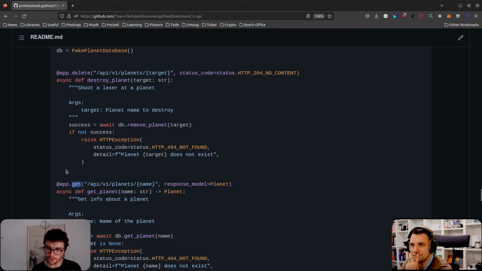You have a resource, you can get it, you can delete it, you can post something, maybe to upload it, or do a put here. Maybe a put would be more good here to upload a new planet or something. So yeah, that's quite interesting. I could do more routes here. I just did a get and a delete. You know how it's going.